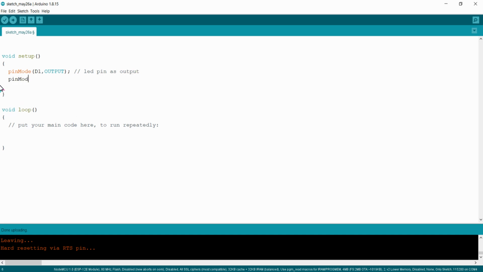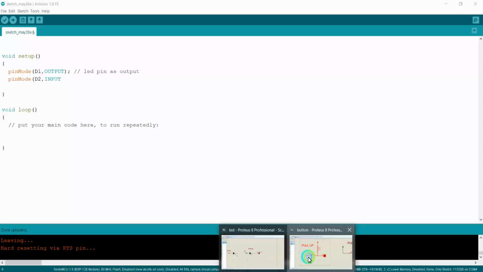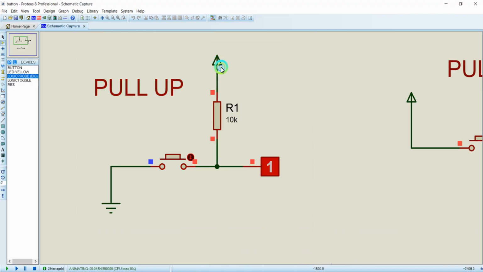And next, I'm just going to configure D2 as input. And here I am going to enable the internal pull-up resistor available in my NodeMCU. So regarding the pull-up logic, we discussed this is a pull-up circuit, right? This pull-up circuit is already available in the internal circuitry of NodeMCU, and that can be enabled through programming.